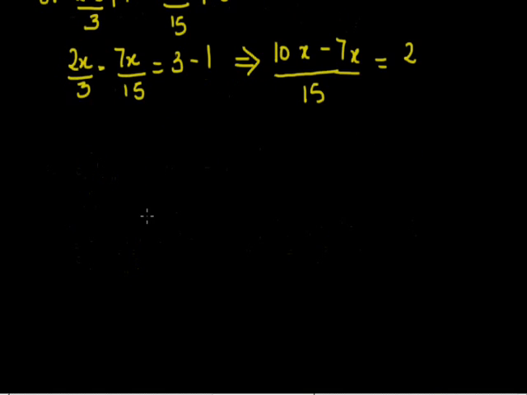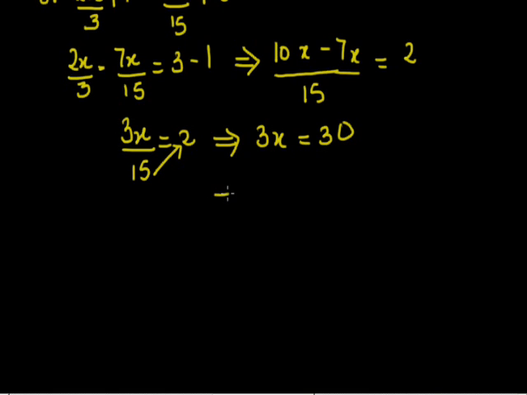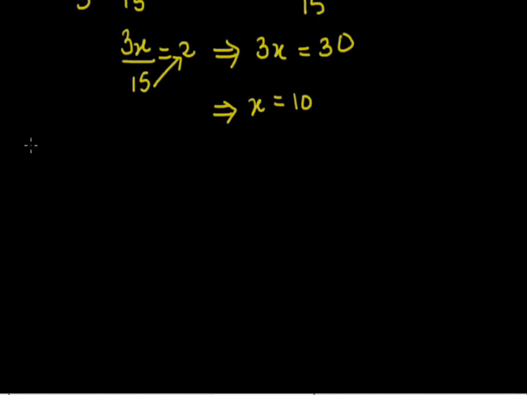10x minus 7x, that is 3x upon 15 is equal to 2. Now what I can do is, I can cross multiply 15 to the right hand side. So 3x will be equal to 15 into 2, that is 30. Now to get the value of x, I can divide 3 on both the sides. So x will be equal to 30 by 3, that is 10. Okay, the next question, 9th question. 9th question is 2y